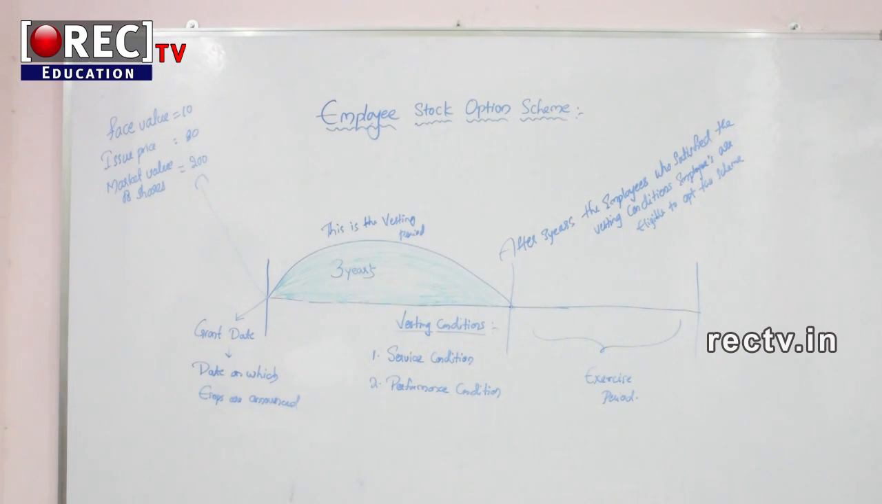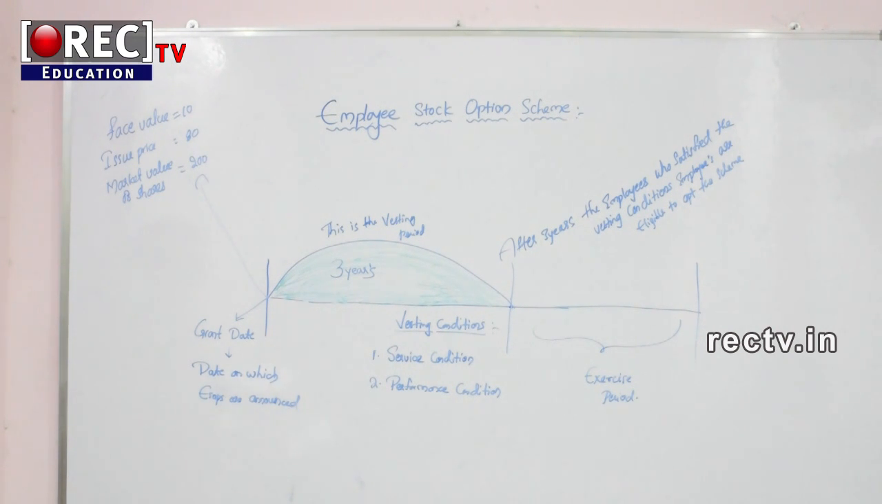From this example we can say that ESOPs is a scheme where the employees of the company are given a right to buy the shares of the company in future at a predetermined price. The grant date is the date on which the ESOP scheme is announced by the company. After the scheme is announced, the employees are expected to satisfy some conditions in order to become eligible for subscribing shares under ESOPs. Those conditions are called vesting conditions,